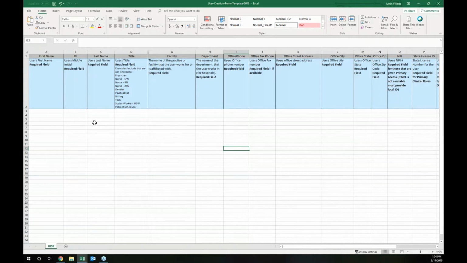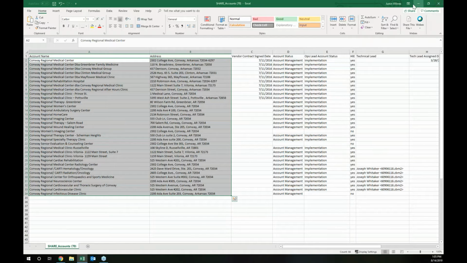You want to make sure that if anybody needs access, we can give them access through our user creation form. If you need this form sent to you, just shoot me an email, or Adrian or Tequila, and we will be able to get that for you. And since nobody had any questions, I wanted to bring up one more